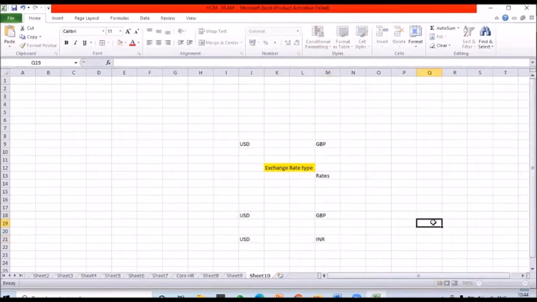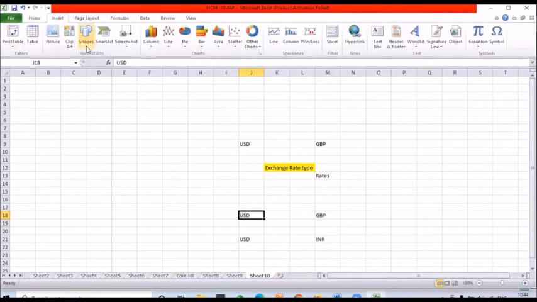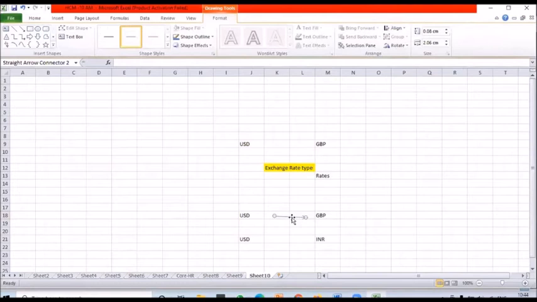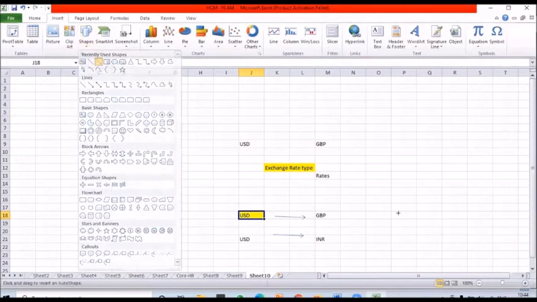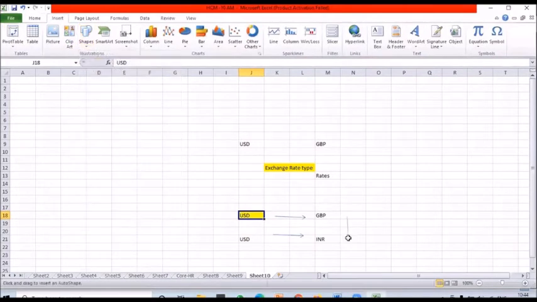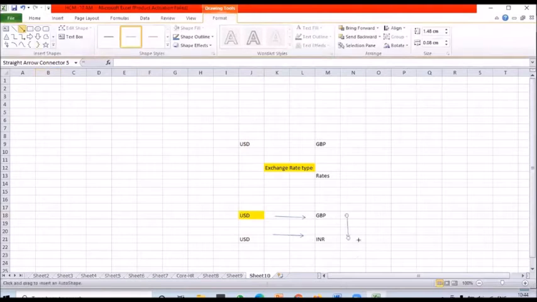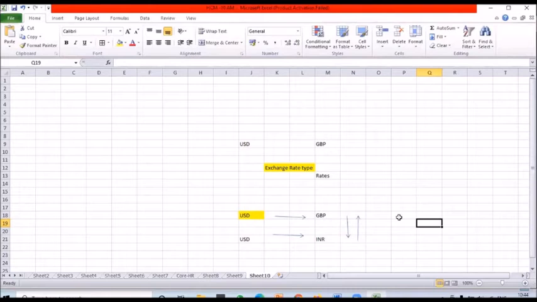So if you enable those checkboxes and put the private currency as USD, what will the system do? You are giving the rates between USD to GBP and between USD to INR. If I select the private currency as USD, what happens? The system automatically gives the rates between GBP to INR and INR to GBP also. The cross rates are maintained automatically, and you're giving the private currency USD as the central currency. Based on that, the system automatically maintains both these two currencies.